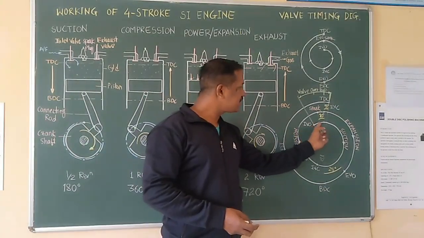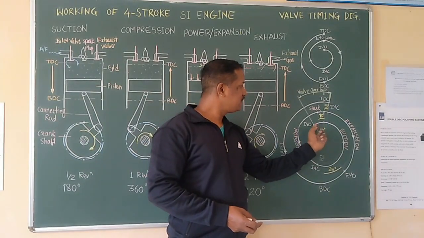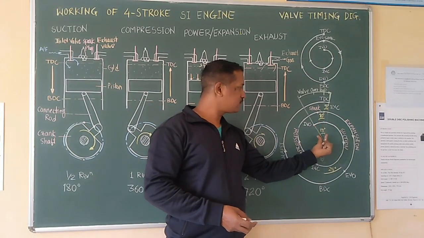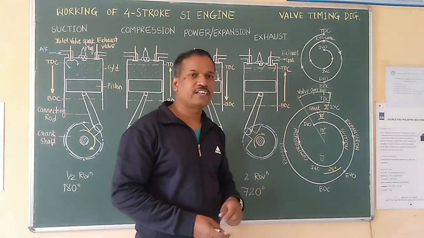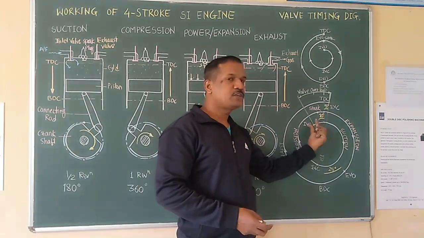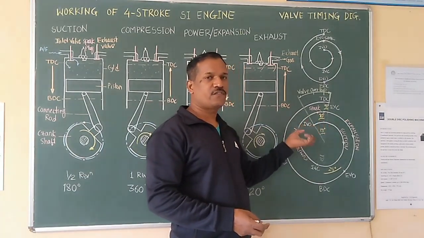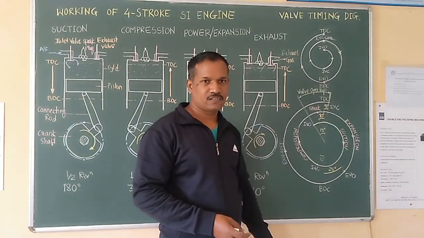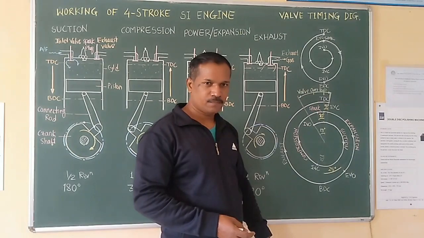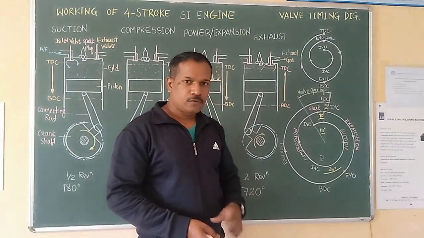So there is a suction stroke. This 15 degree portion has suction not because of piston movement or negative pressure, but because of the density difference between the fresh charge and the low density exhaust gases. So hopefully it is